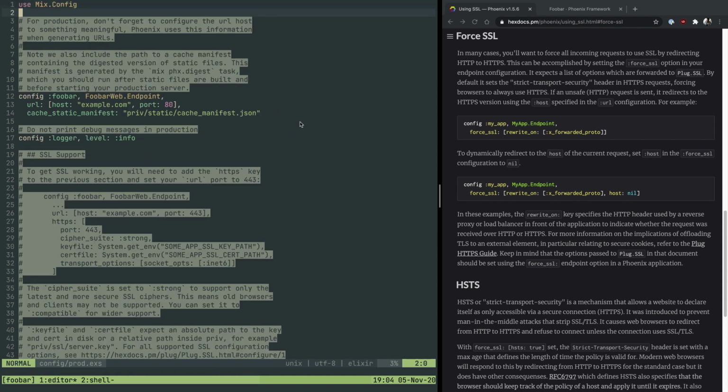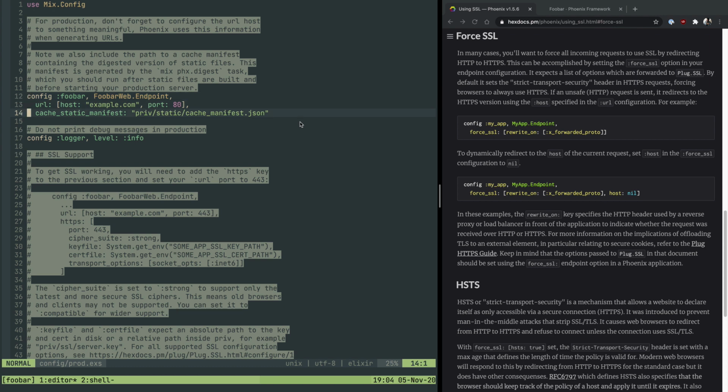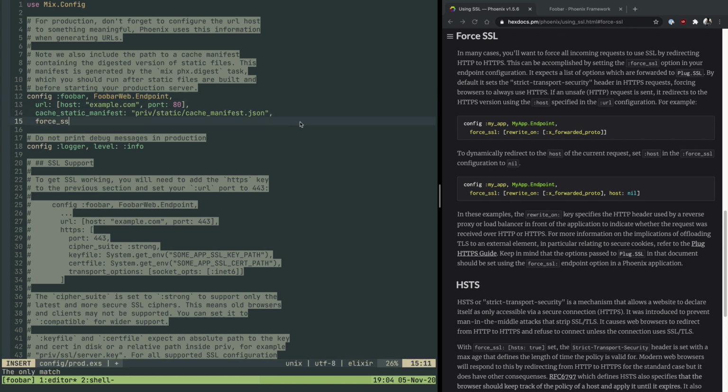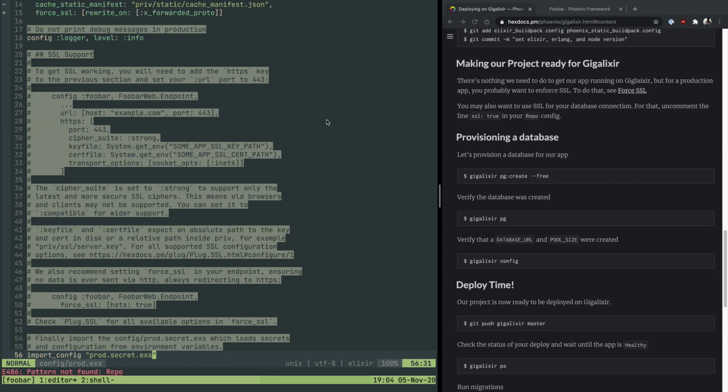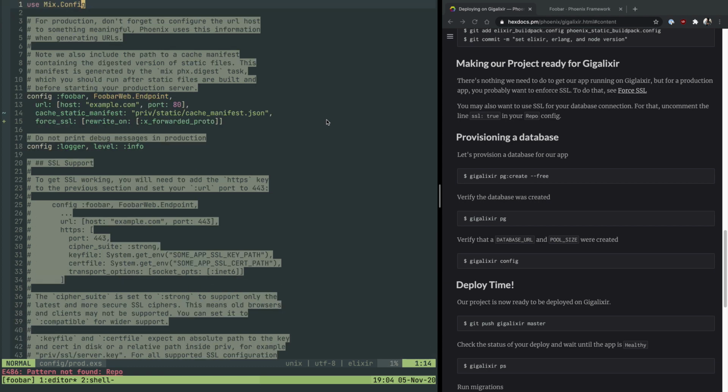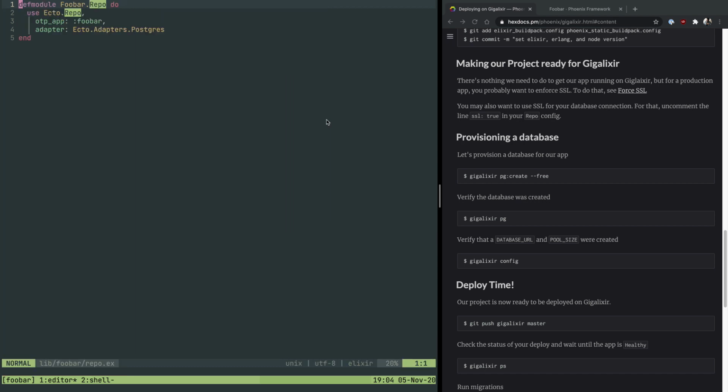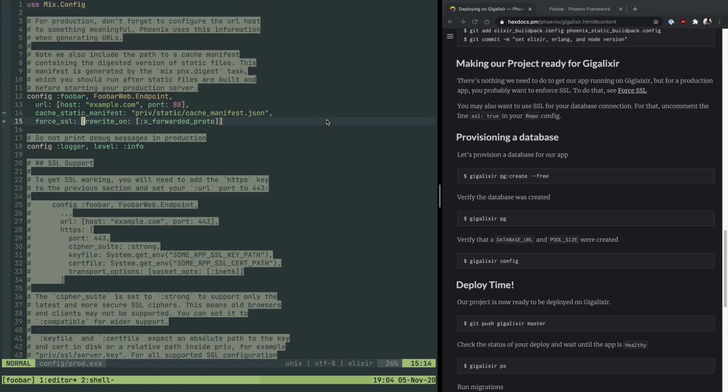Config. Force SSL rewrite on X-Forwarded-Proto. That looks good. Let's go back. Let's go to our repo. Is that here? That is not here. Oh, that might be in the repo file. Let's go back here and let's just add